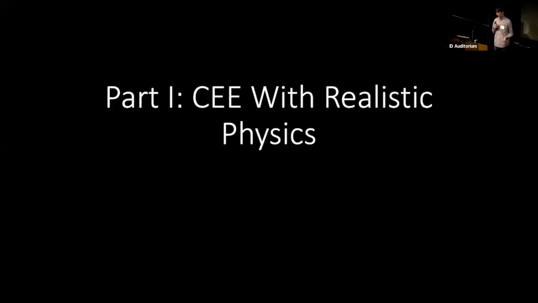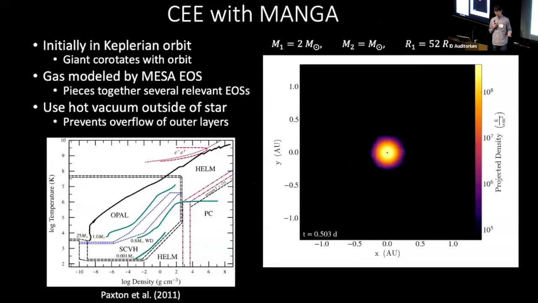So I've been working on trying to include some of those physics into our hydrodynamic simulations, one of which is including a tabulated equation of state, which is from the stellar evolution code MESA. This is an equation of state that's relevant over many different regions of stellar structure, and it's kind of an amalgamation of a few different types of equations of state, like the OPAL equation of state and SCVH mainly.